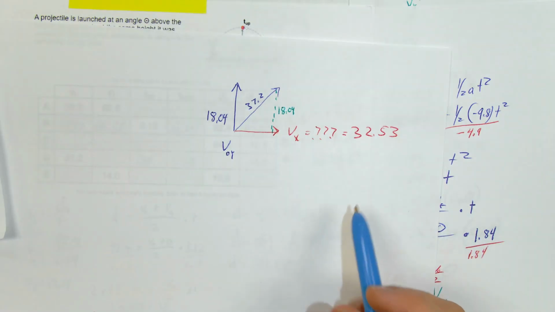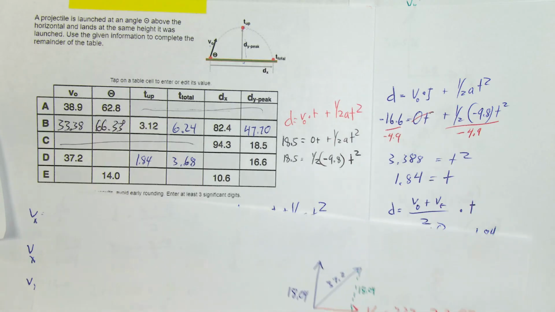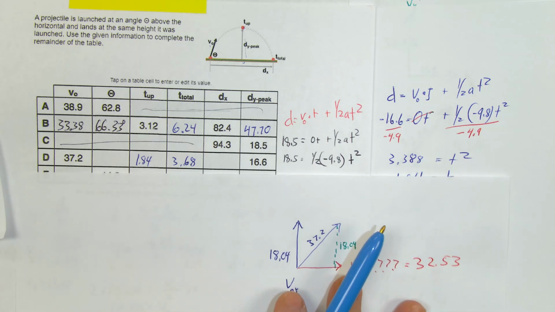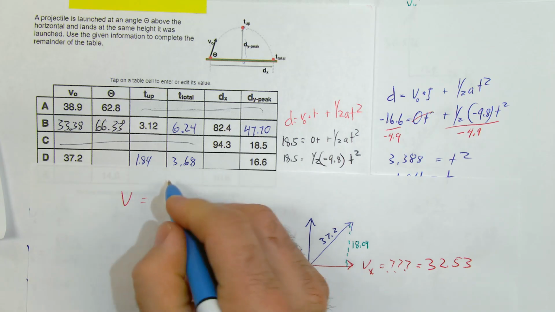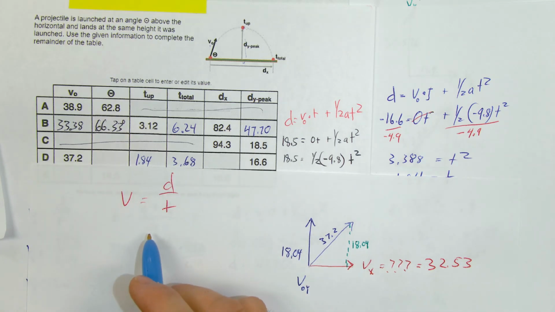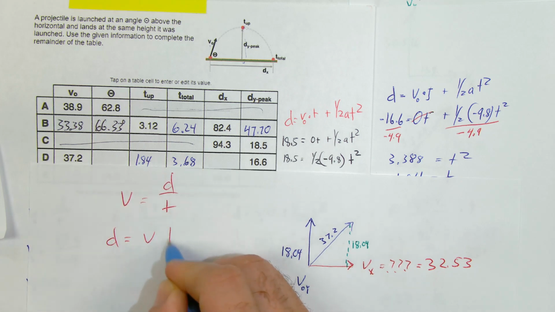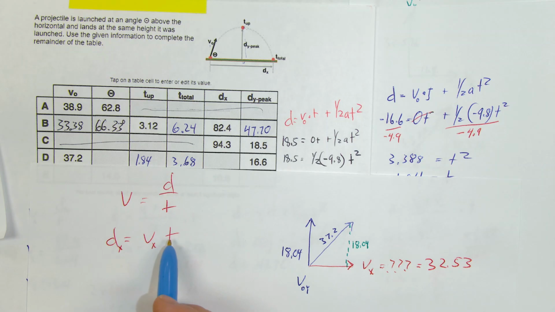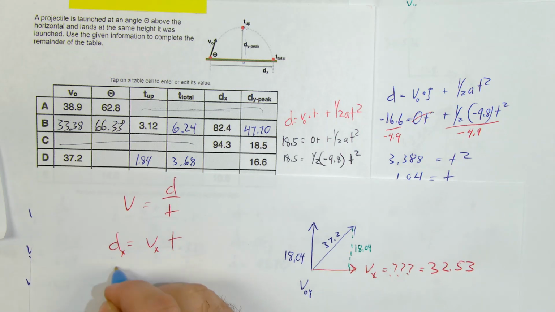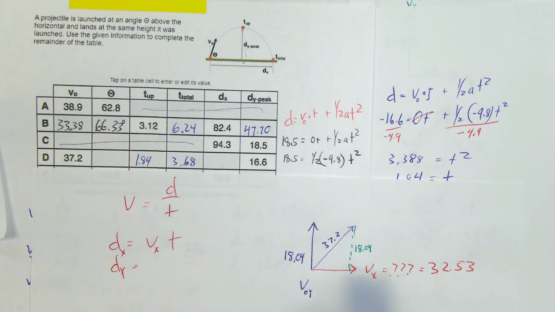And then, knowing the Vx component is 32.53, we're going to need to solve this distance on the x-axis. So then we can go back to our equation, velocity equals distance over time. And we can remember that distance equals velocity times time. And we can always add the x component to that if we want to. In here, of course, we do. So we're going to say distance on the x-axis, which is what we're trying to solve here, is going to be equal to our velocity on the x-axis,